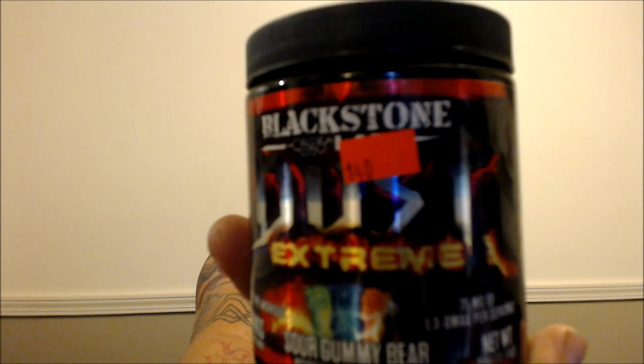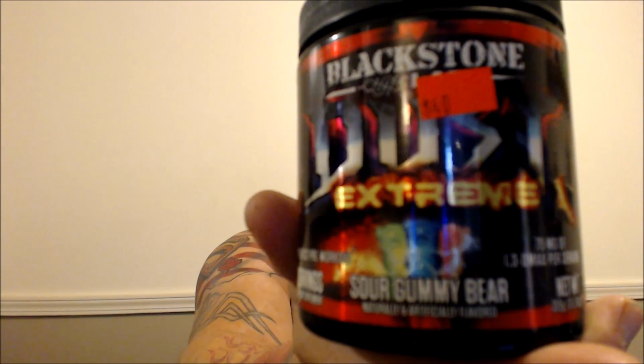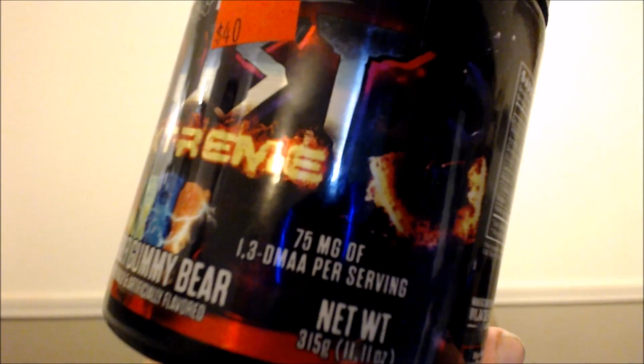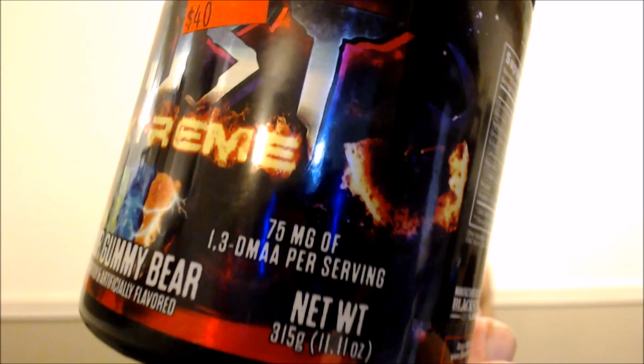So Dust Extreme, which I paid $40 for, folks. I left the price tag on for you. I bought it in a store. Probably not my best buy. It has DMAA 1.3 per serving. Dust Extreme is exactly what it says. It's an extreme pre-workout. I'm going to give you the lowdown on the differences physically, how I feel when I'm on Dust compared to